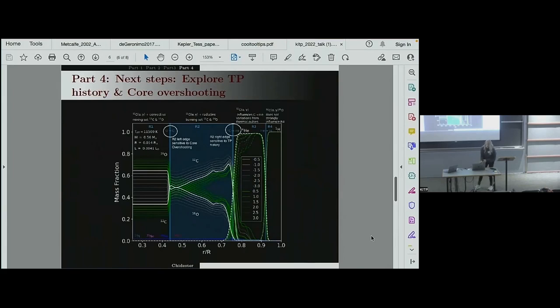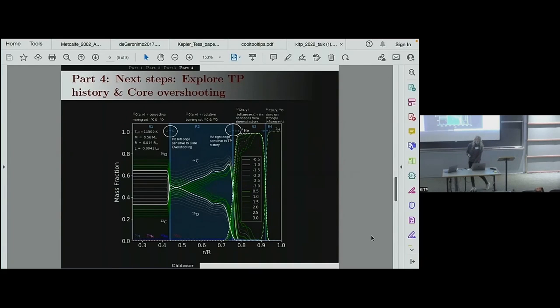So as Maurizio mentioned yesterday, the white dwarf structure can be sensitive to mixing and thermal pulses. And I mentioned that our R2 magic region was great because it was mitigated from those effects. However, the edges will be impacted from overshooting, core overshooting, and the thermal pulse history. So we decided to look into that.